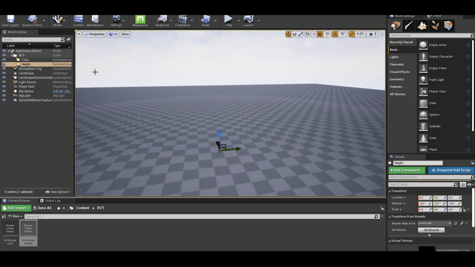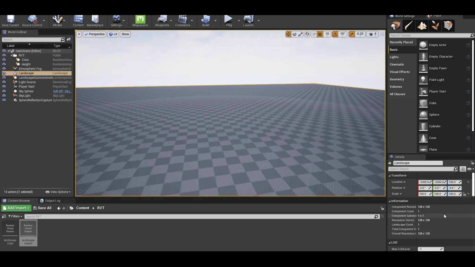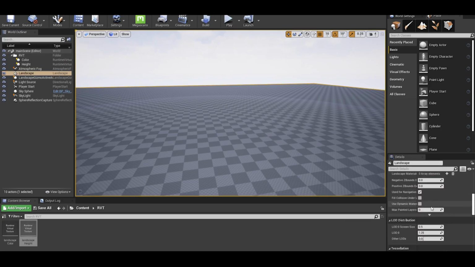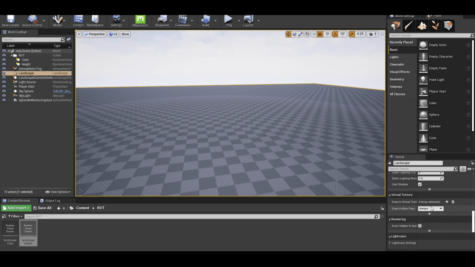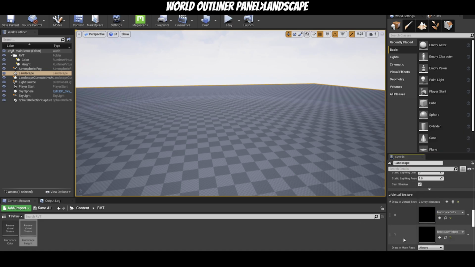Good. Okay. Another thing, we're going to click on our landscape. Over here in our details panel, we're going to scroll down until we see virtual texture. And we're going to add both of our virtual textures here. This ensures that we write to our virtual textures. Now, if I am correct, this should be all working. So let's